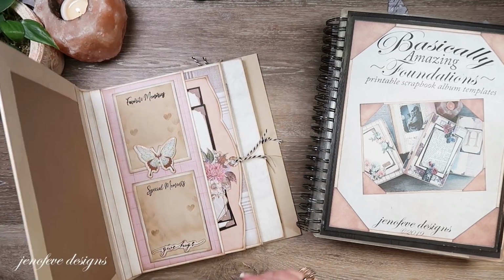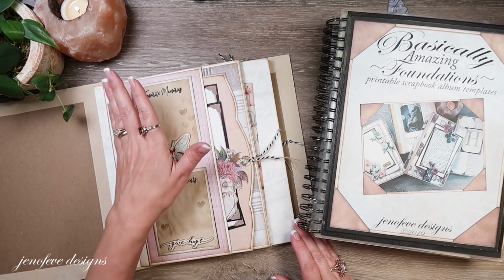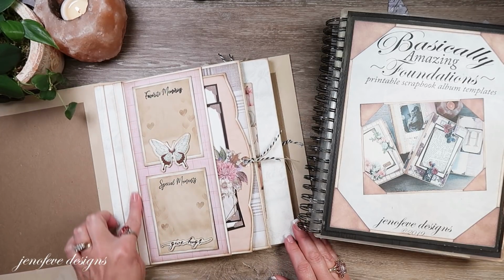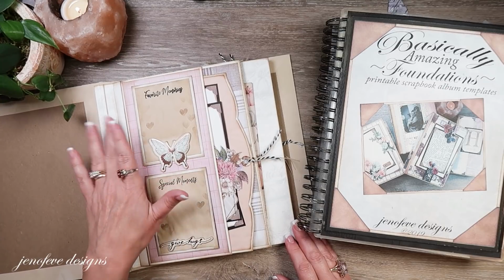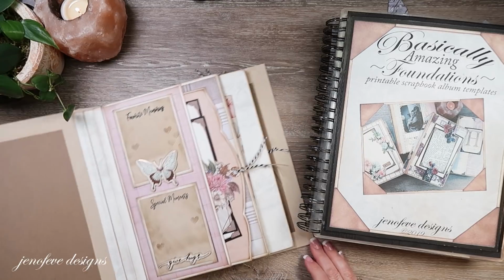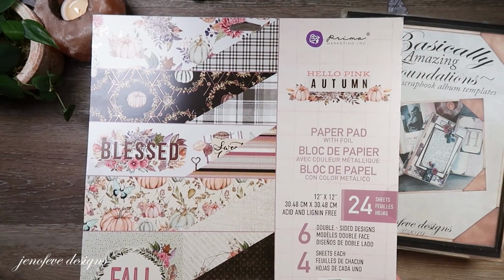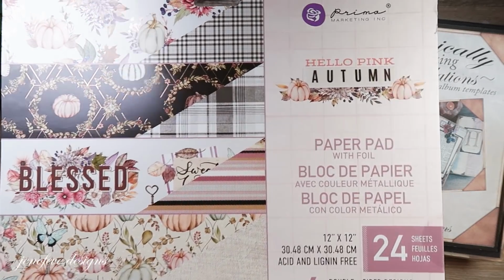Today we're going to add, I think, the last page to the front fin here. We're going to add one more page setup onto this fin, and we're going to put a shaker on the front of this page as well. This album is the Hello Pink Autumn album, and this is the paper collection, Hello Pink Autumn by